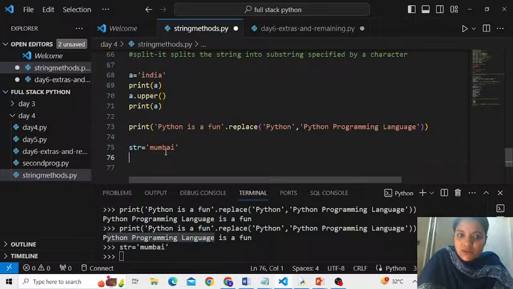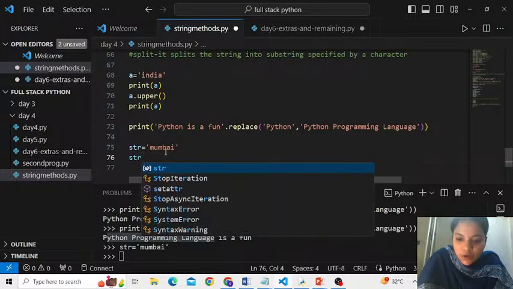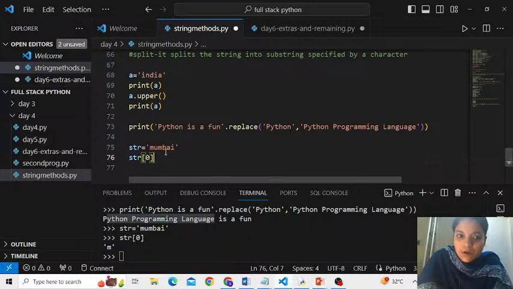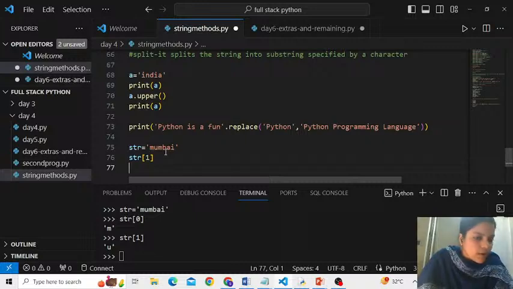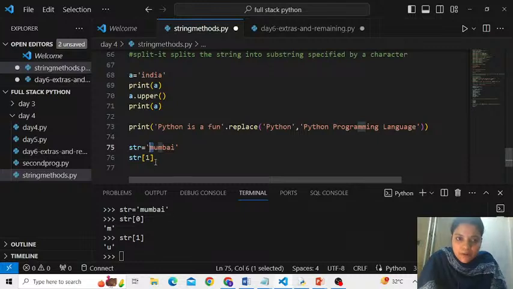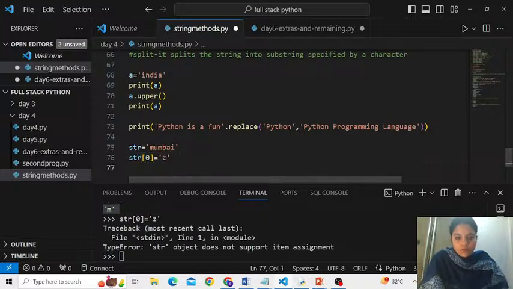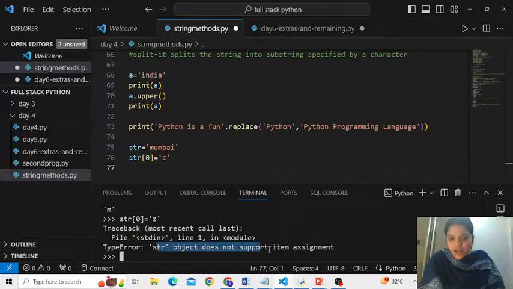If I want to check who is at index number 0 of str, it says M. Who is at index number 1 of str, it says U. But the first letter M, I want to change it to Z. It says sorry, it does not support item assignment.